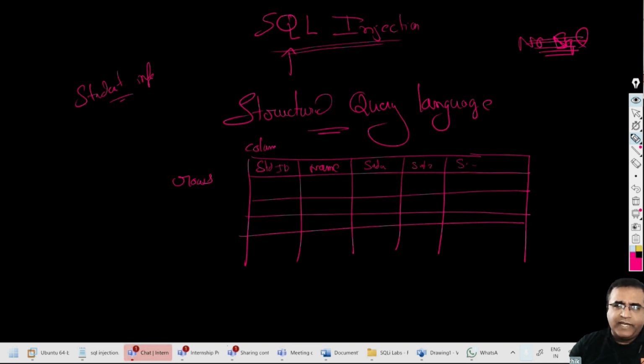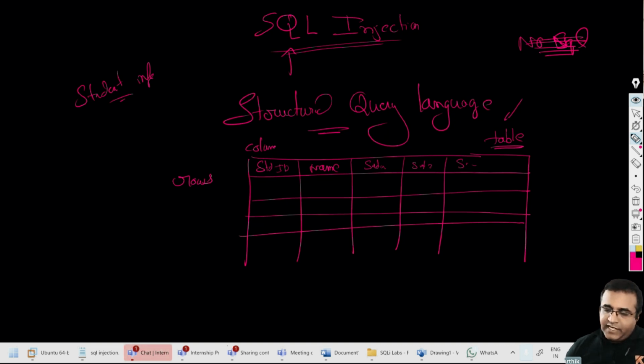It could be address or anything. Your bank collects your information. Where is your banking information stored? It is always going to be stored in something called a table, and this is called a structured query language, meaning there is a standard structure that is going to be present.